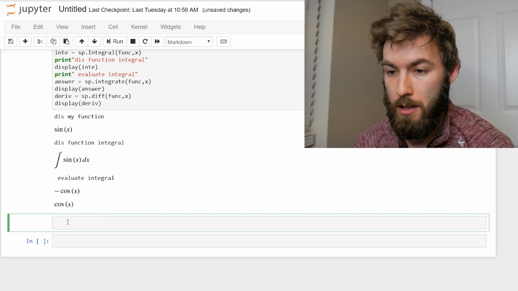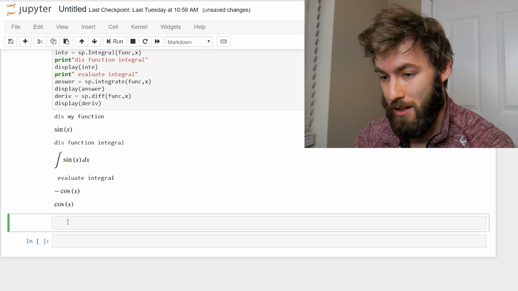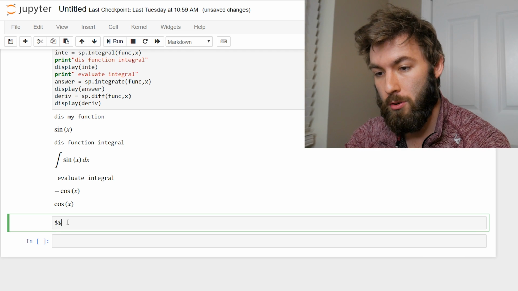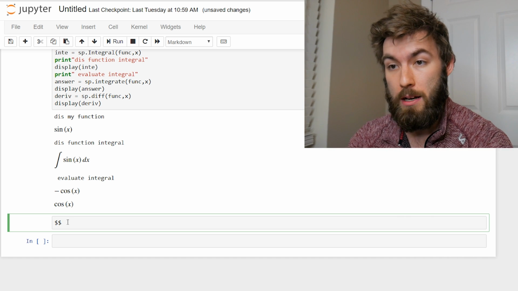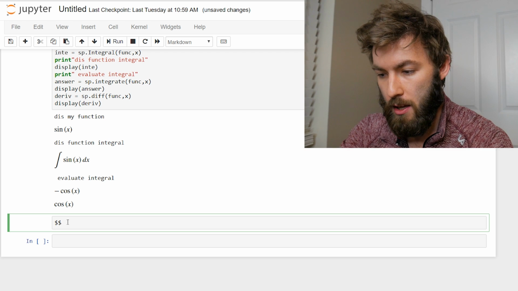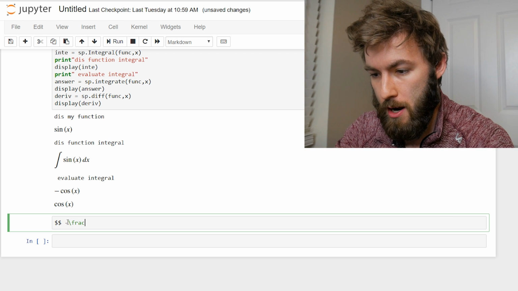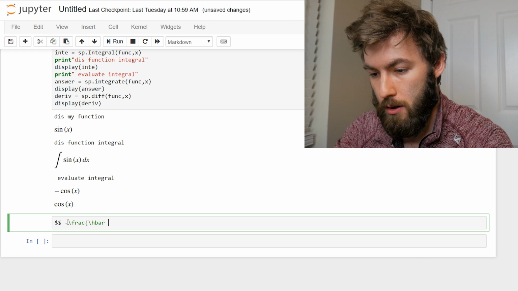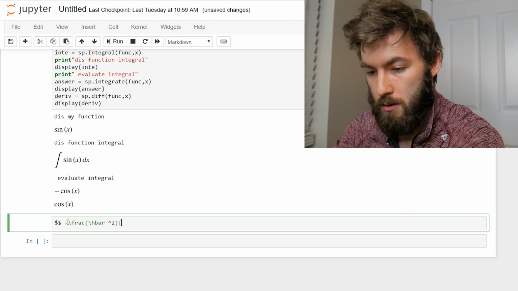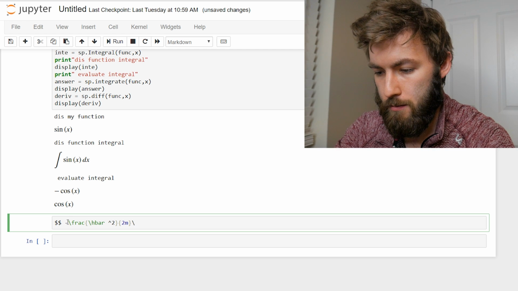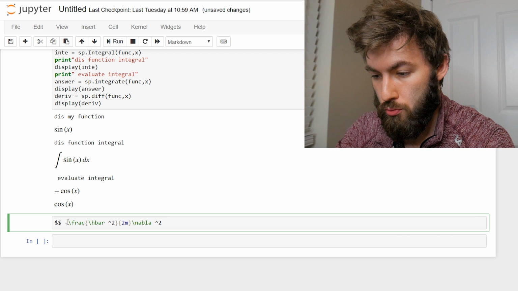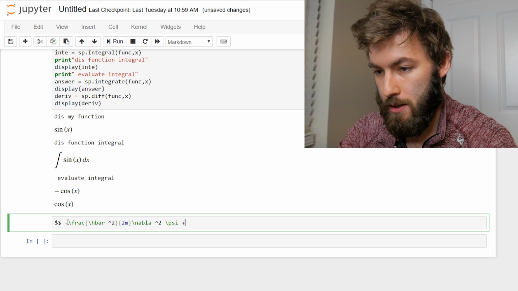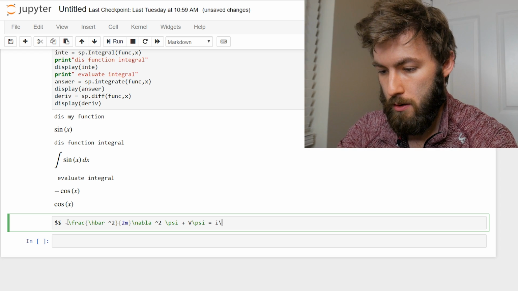This one's already in markdown, so I'm going to use that. And what we're going to do here is we're going to use LaTeX, which is awesome. The way that we can use it is we just have to include $ signs, one on each side. And then we can just type in whatever we would want to normally do in LaTeX. So let's say minus frac h bar squared 2m nabla squared psi plus V psi equals i h bar